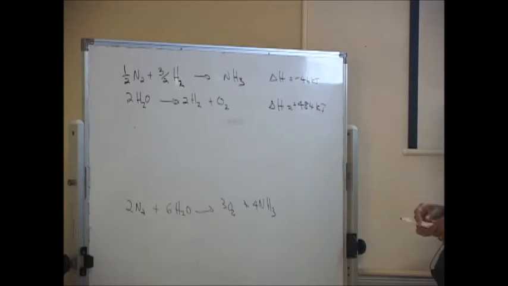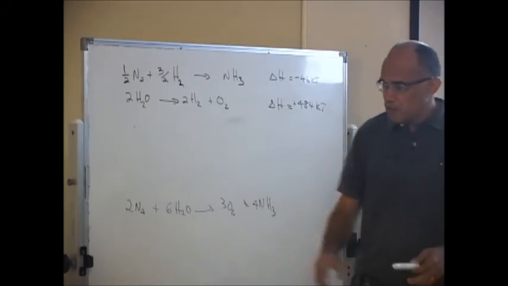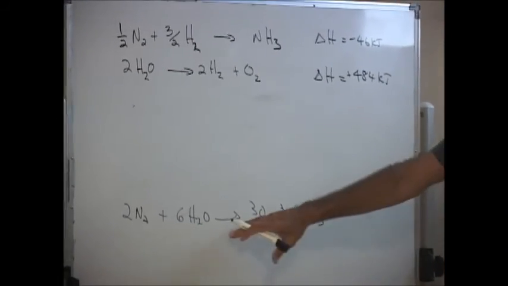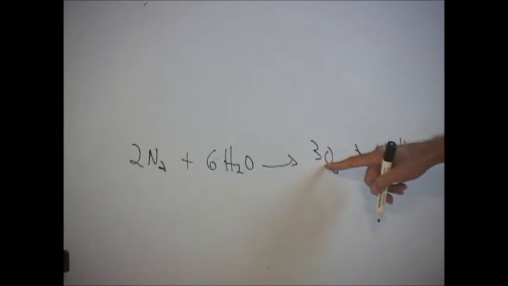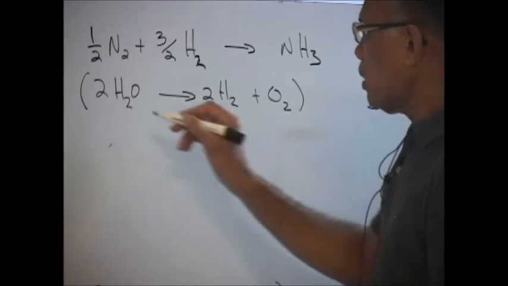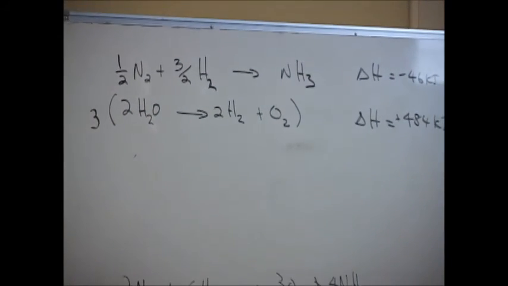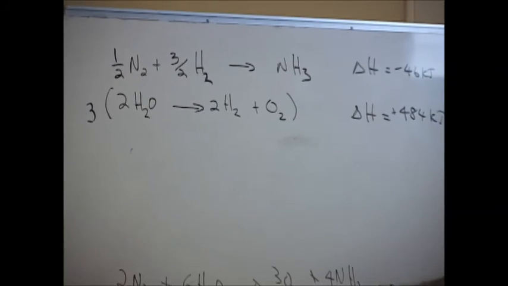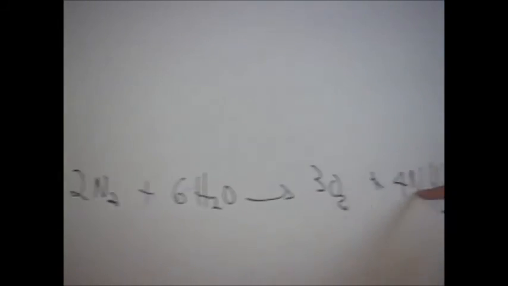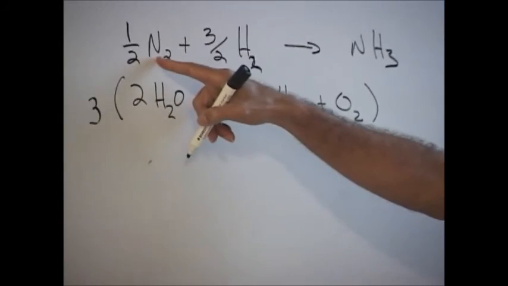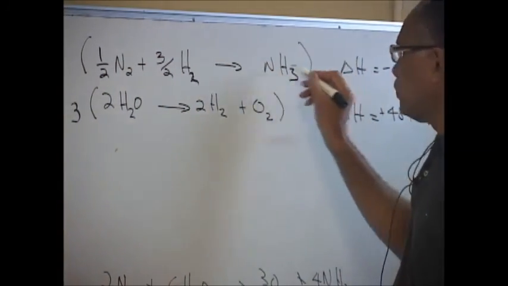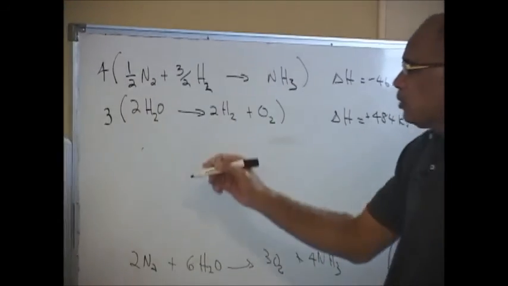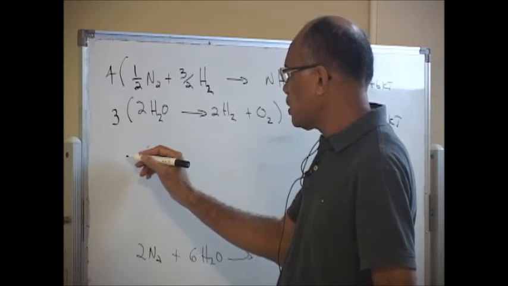Now the next is to try and get the number of moles to be consistent with what you're going to add from here. So you're talking about 3 oxygen that is produced here. Here you see there's only 1 oxygen, so you multiply this by 3. And you're looking at 2 nitrogen and 4 ammonia in here. So here is only half, and there is 4 ammonia. So I'm going to multiply the top one by 4. Okay? So I will get this new set of equations,